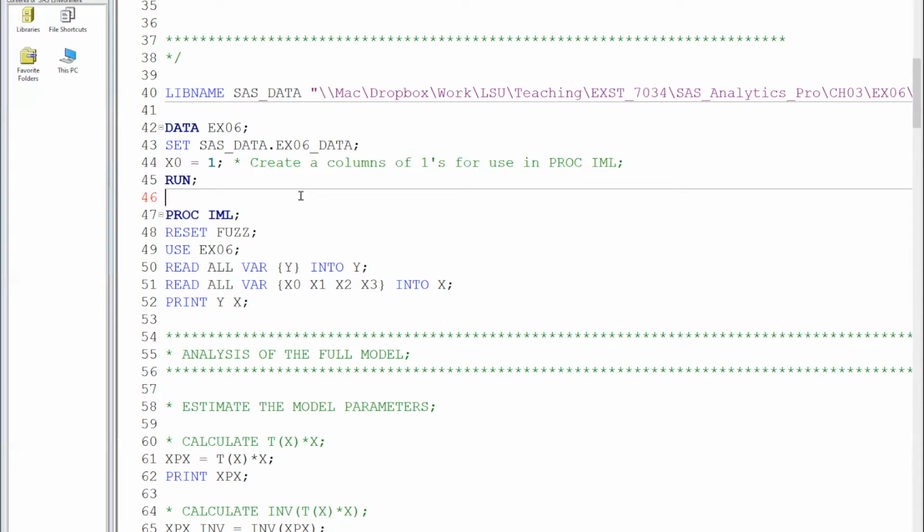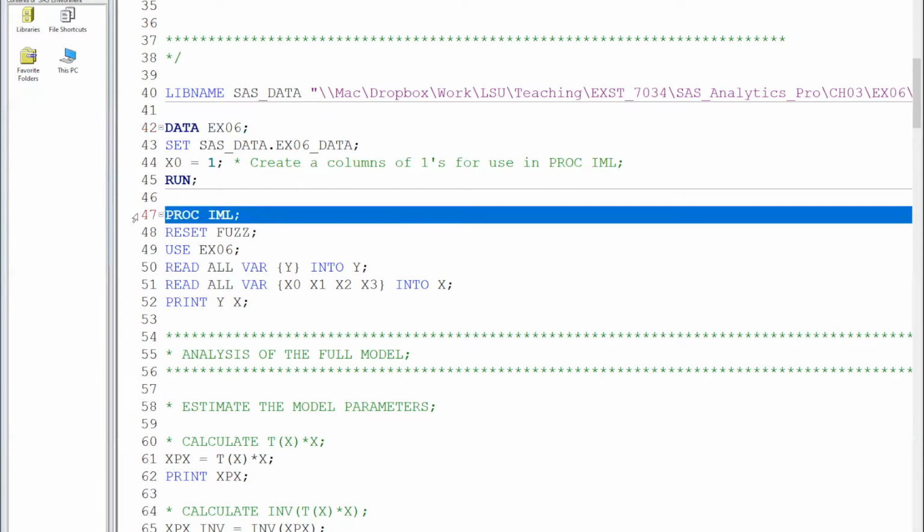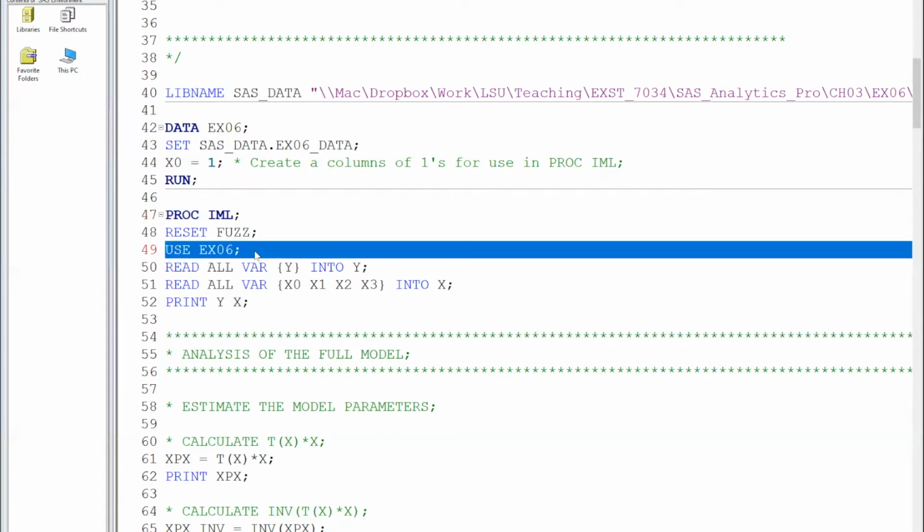by entering the data into matrix literals. But in this particular program, in this video, I'm going to show you how to read in an existing SAS data set. So we've created this temporary SAS data set, EX06. And what I'm going to do in proc IML is tell proc IML to use that data set. Essentially what that does is tell proc IML to open up that data set and make it